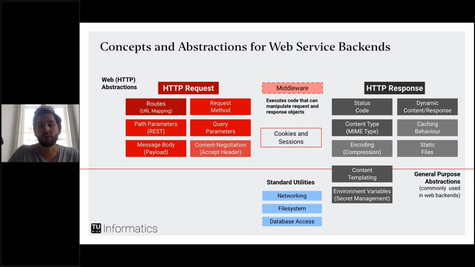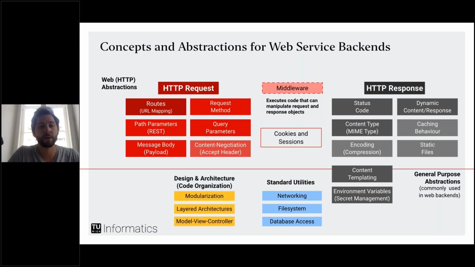And now you have standard utilities, things like networking, file system, the database, and then there's also something to be said about design and architecture. Or I call it code organization because we're not at the architecture stage yet, I would say. So in Node, for instance, I'm going to talk about modularization. Layered architecture is something you probably have heard of before, of how you can organize your code and deal with certain abstractions. And maybe some of you have also heard of model view controller, which is a very commonly used abstraction in